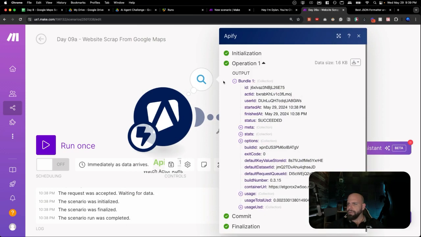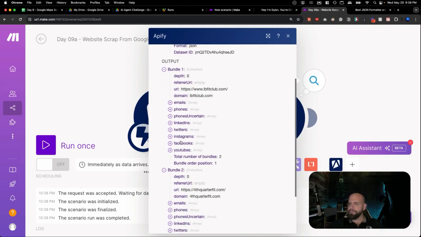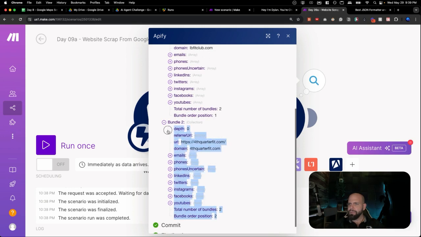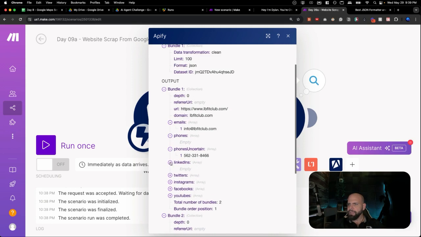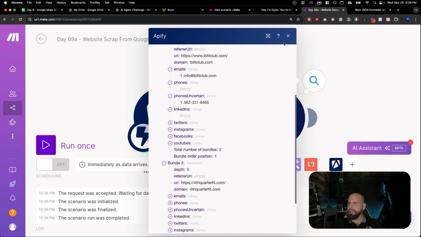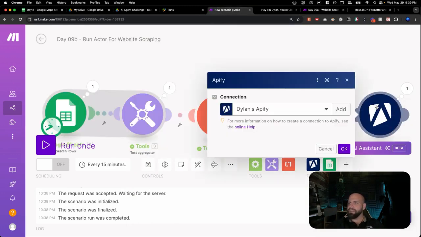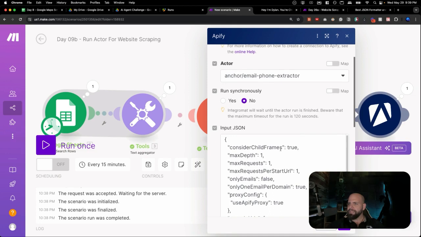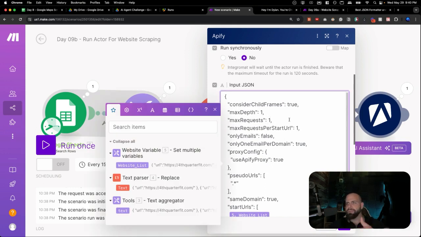And the reason being, if we look at this, it did succeed. It did work. But if we go inside of here, we can see that our output bundle, we got 1 and we got 2. So there's only 2 bundles that came across here. But we got some contact information, we got a phone number, we got some good data inside of here. If we want to increase how many we get, we can go inside of this format here. You can see where it says pages and max requests. We can increase the max request, which is basically how many websites you're going to go to. And let's just change that to